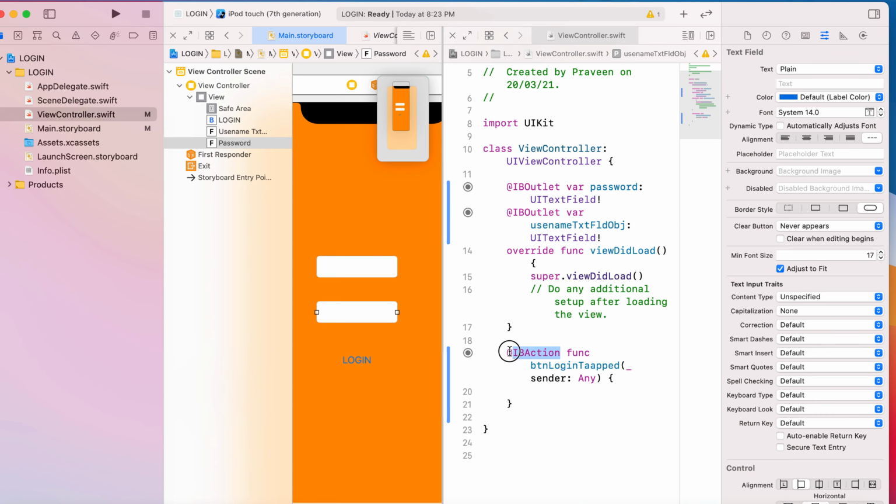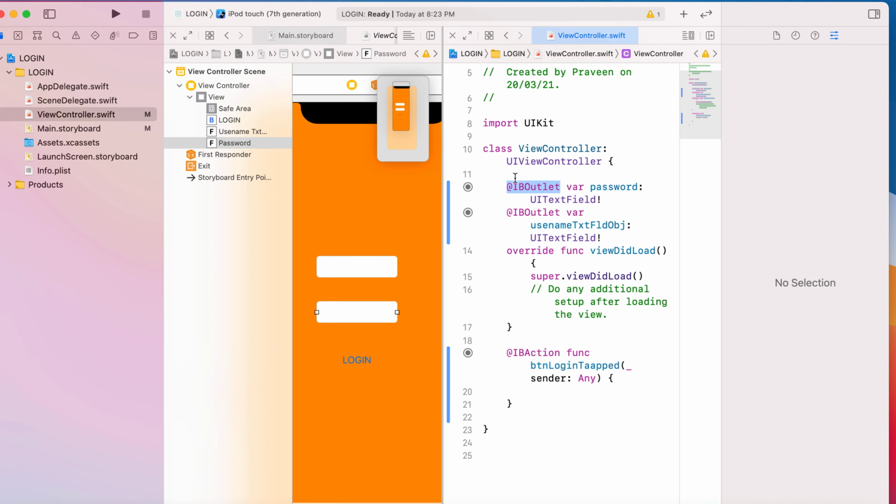Now what is the IBOutlet? What is the IBAction? IBOutlet is a keyword, and IBAction is a keyword in Swift. You can use these two keywords for variables. You can use IBOutlet for variables. For button action, or if you are expecting some events, you can use IBAction. If I click on that button and I expect something,